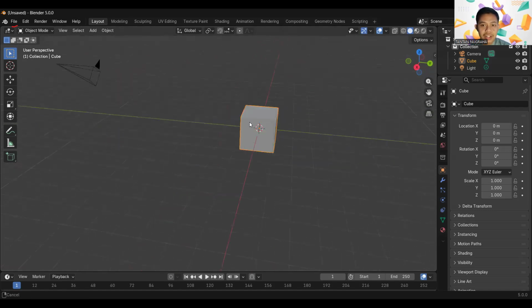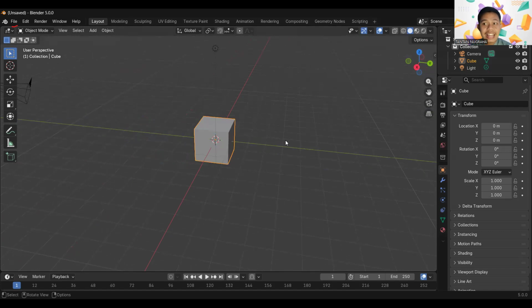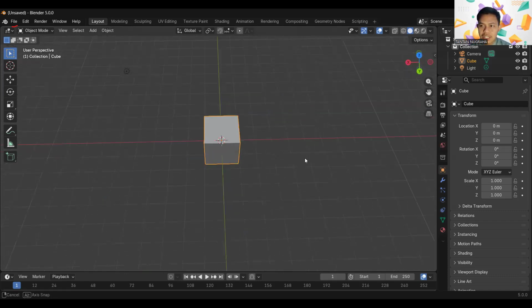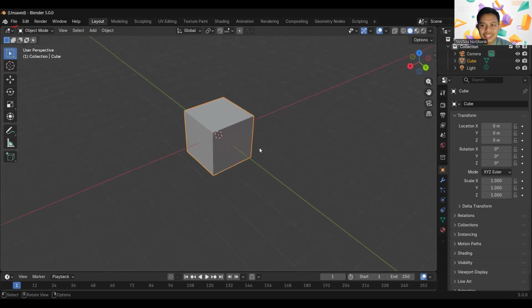You can click scroll and shift to move the camera. Next, to rotate the camera, you can click scroll in the mouse. Next, to zoom in or zoom out, you can scroll the mouse.